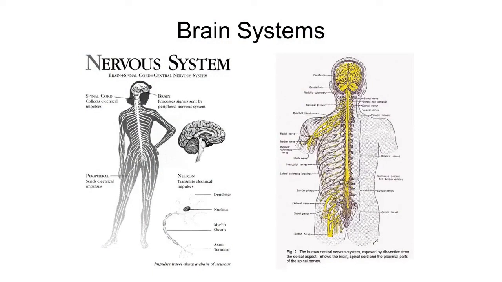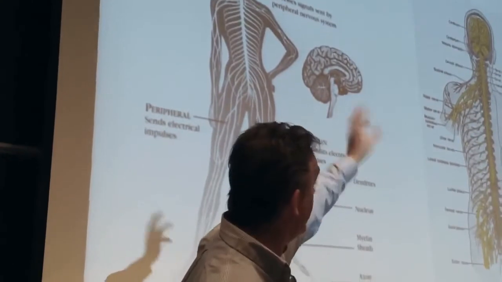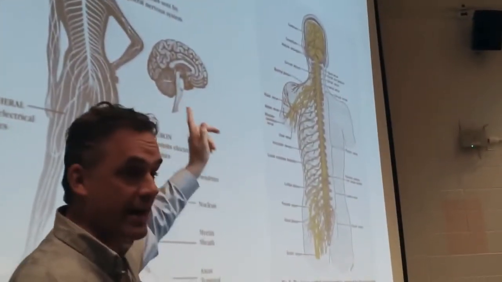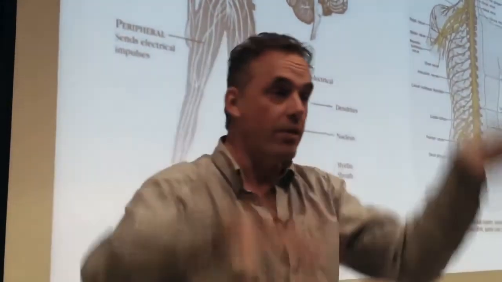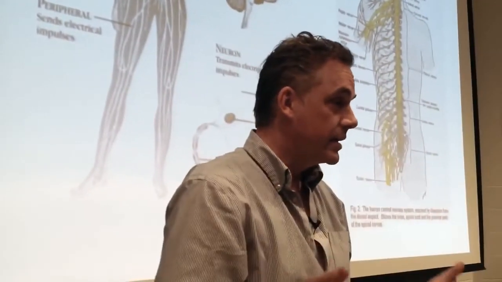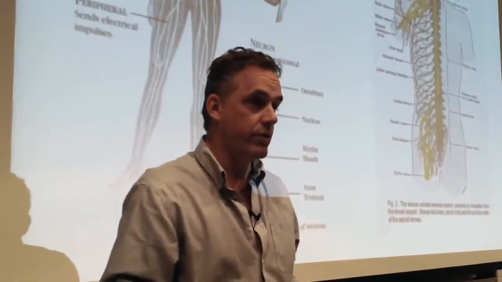So you kind of feel that you're in your brain, most of you anyways, and you kind of think your brain is in your head, but really that's not right. I don't really understand why we decided that our brains were in our head because, well, look at it. There's the nervous system. It's not in your head. It's distributed through your whole body. There's a lot of it up in your head, but there's the whole spinal cord. That's an important thing. And then it has all these branching nerves that allow you to move your hands and to feel things. Your nervous system is distributed all the way through your body.